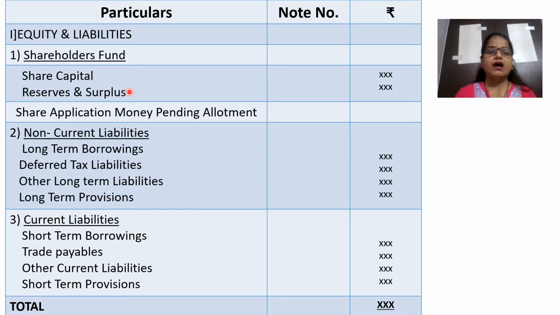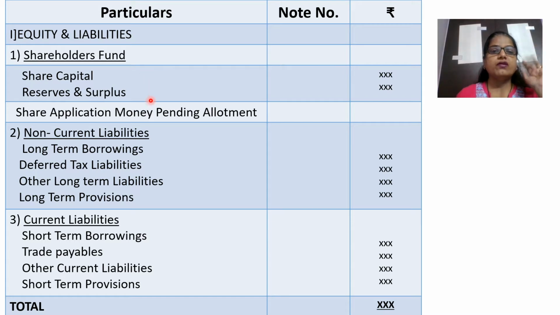So the first heading is simple, what it is? Share capital. After that you have the next heading, reserves and surplus. So you very well know what reserves and surplus means, the profits of the company. They could be current year's profit or accumulated profits in the form of reserves. So all the profits and reserves of the company which are related to the shareholders will come under the reserves and surplus. So shareholders fund में 2 things we have. That is what? Share capital and reserves and surplus.